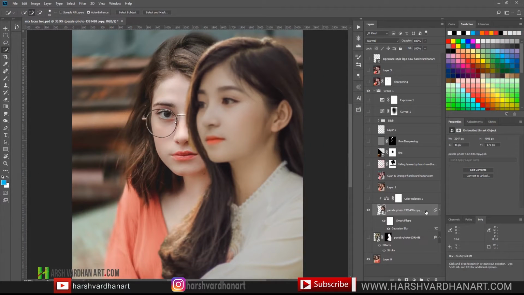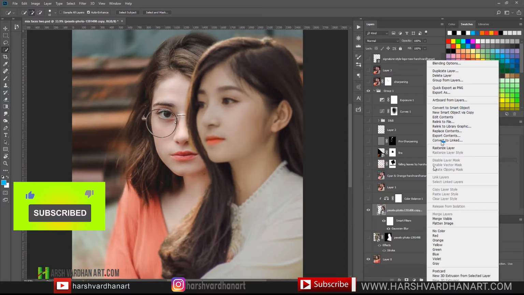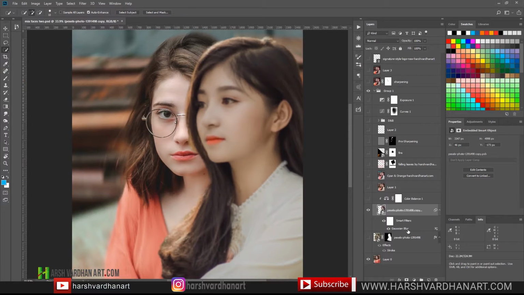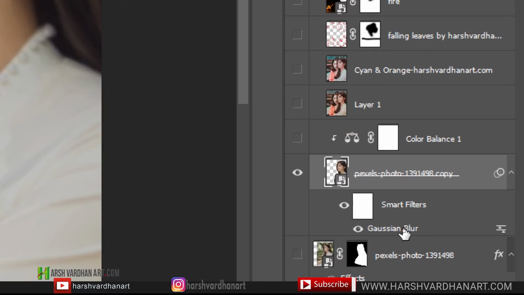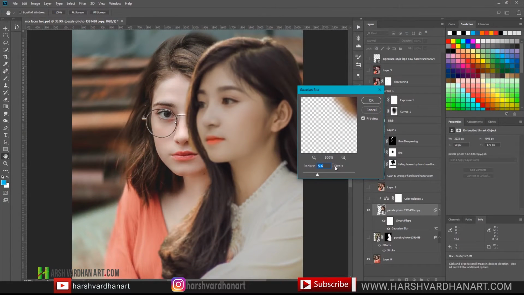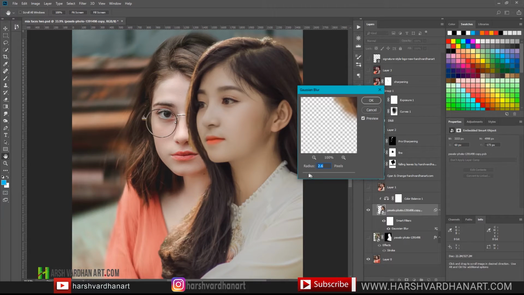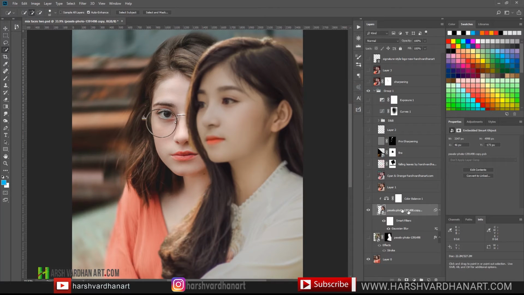I right clicked and selected the convert to smart object, all right, and that way I can readjust this Gaussian blur anytime. So you can see over here there is a Gaussian blur and this is the smart filter, and if I just double click it, it's going to launch the Gaussian blur option once again. You can see over here, and I can adjust its radius if I want to make it more blurry, I can do that, and if I want it to have the less blur effect, I can do that. All right, I just selected the radius of 5.6, and thereafter I created a color balance adjustment